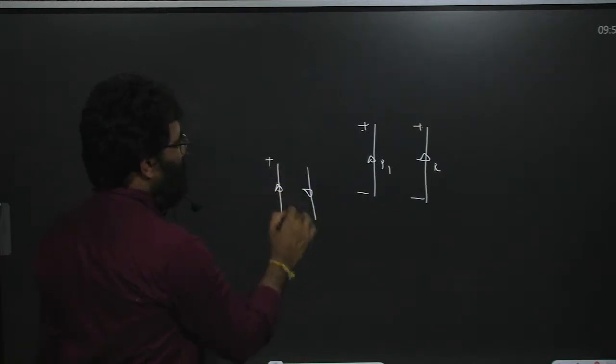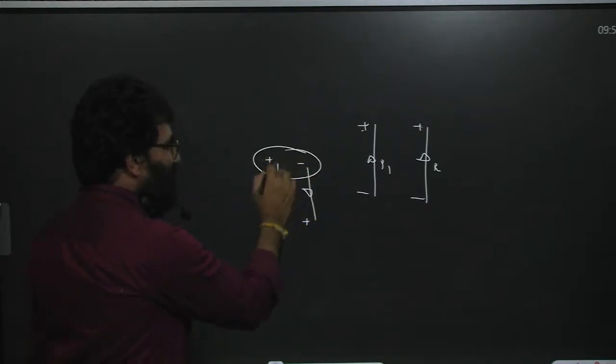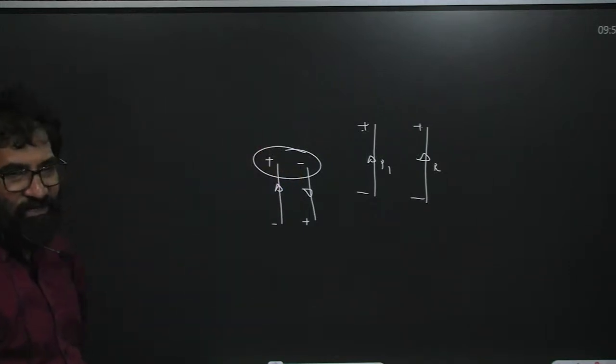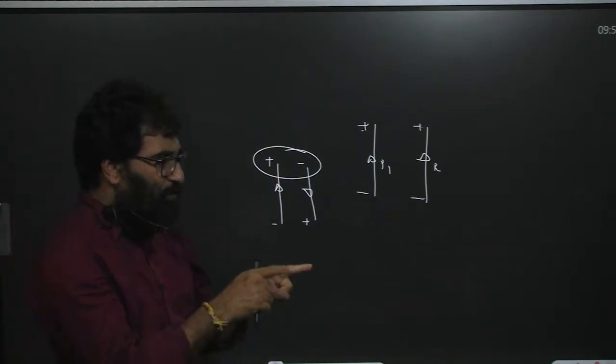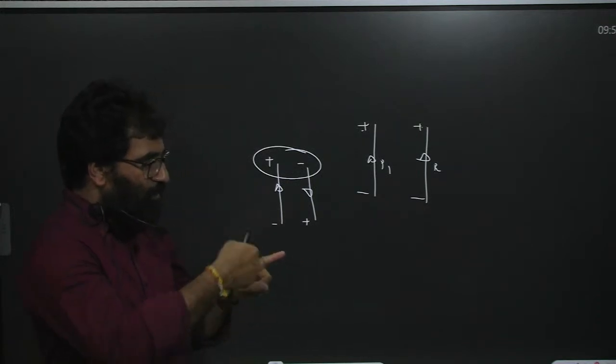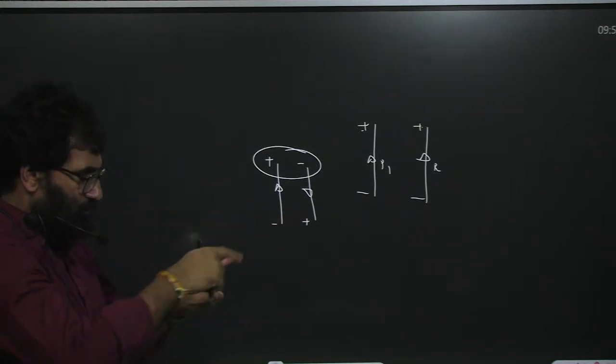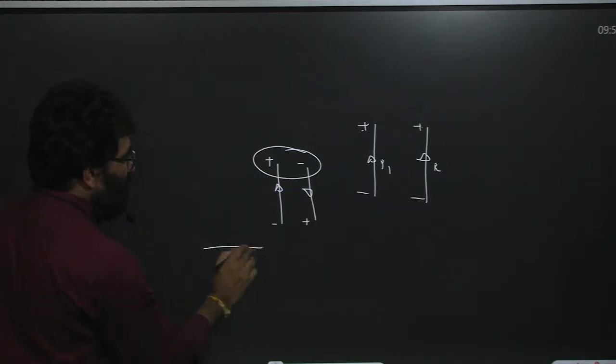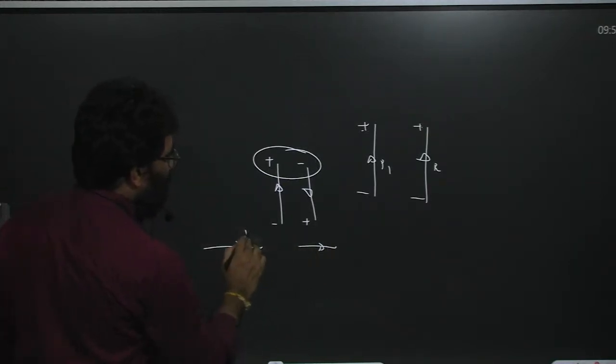this is plus, this is plus, this is minus, this is minus. Unlike charges are closer than like charges, so definitely they will attract each other. So when two dipoles are placed parallel to each other, they repel; in the opposite direction, they attract. In the same direction like this, when we keep the dipoles P1 and P2,